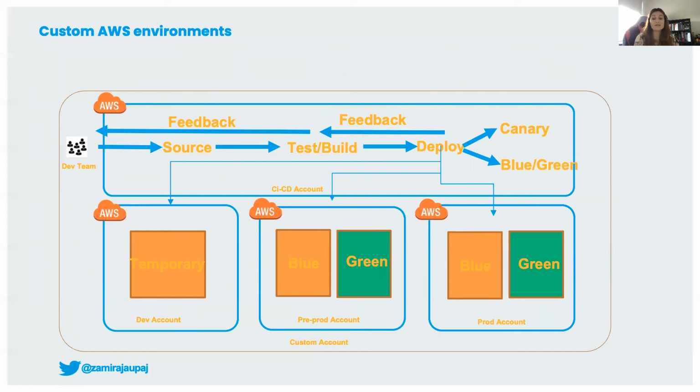DevOps account: this allows DevOps teams to successfully release applications across AWS accounts, across different environments, dev, pre-prod, and production in this case. However, you can have more accounts, sandbox, or probably UAT. This is just an example. It doesn't matter what your DevOps process looks like or what kind of tools you are using. It's important that the accounts hosting continuous integration and continuous delivery are completely isolated from the environments where you are hosting the application.